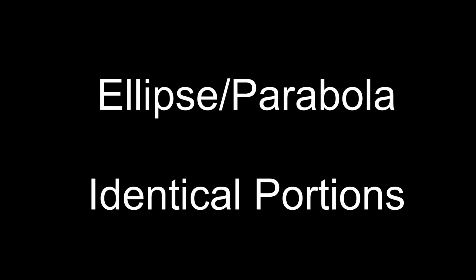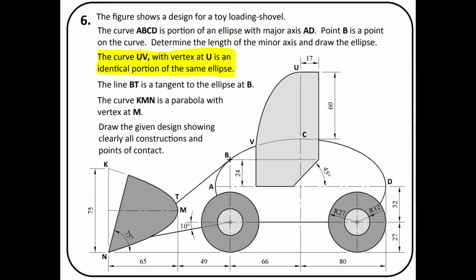This is looking at the ellipse and parabola and creating identical portions of an ellipse or parabola that were given in the question. So just having a look at an example question. This is from 2018. The first part of it there, the curve ABCD is a portion of an ellipse with major axis AD. And then the second part of this is highlighted in yellow. The curve UV with vertex at U is an identical portion of the same ellipse. So we're just going to look at how you would find that